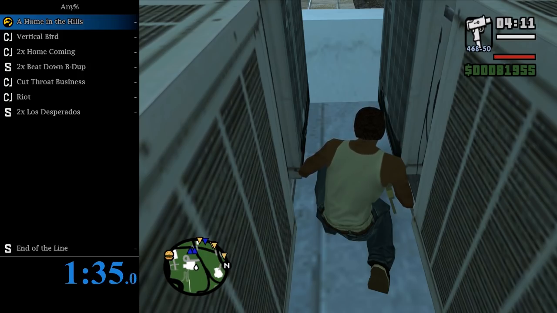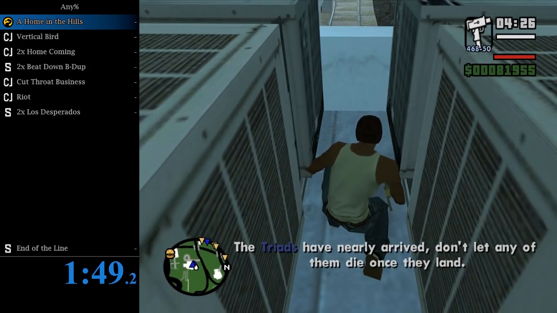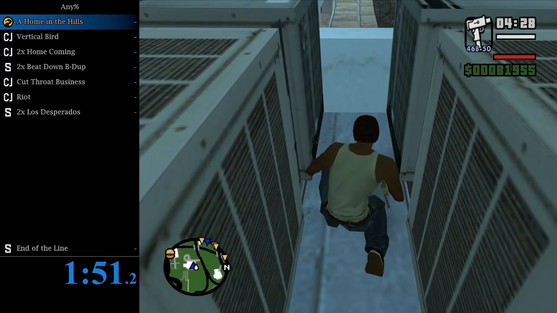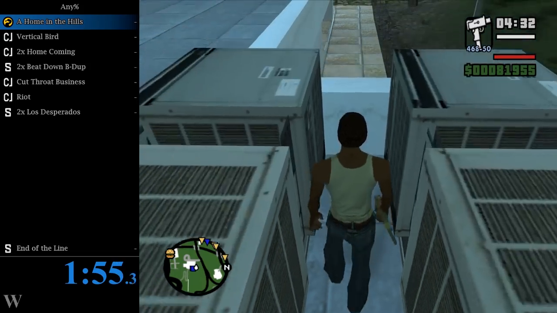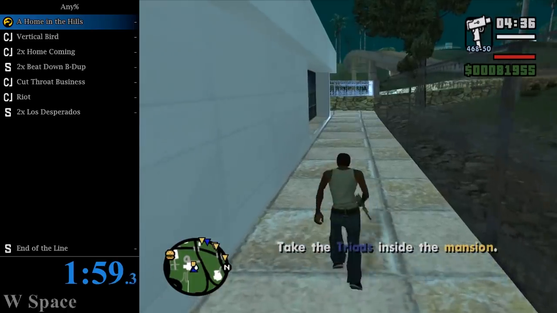Yeah, you can aid the Triads in this fight, shooting the Vagos and lining up so that you drop down closer to the door here, but it's a matter of seconds. I'm not really looking for those optimizations right now myself. If you are interested, of course, check out world record videos for those top tier strats. Here we go. Once you see that text, jump off,